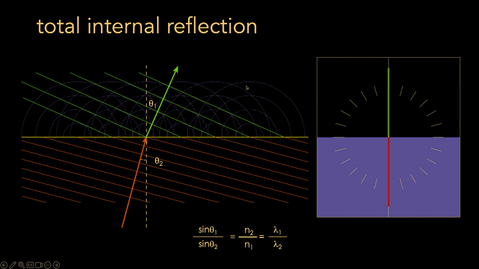So this is a longer distance between the waves, and that means that you have a faster velocity, that means a lower refractive index. And for an optical fiber to work, that's what you have. The center has the higher refractive index, the cladding that's around it has the lower refractive index. Then you can get this total